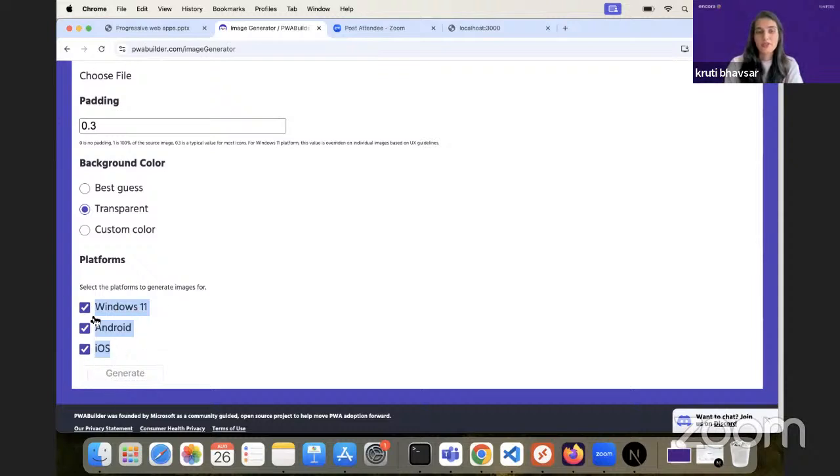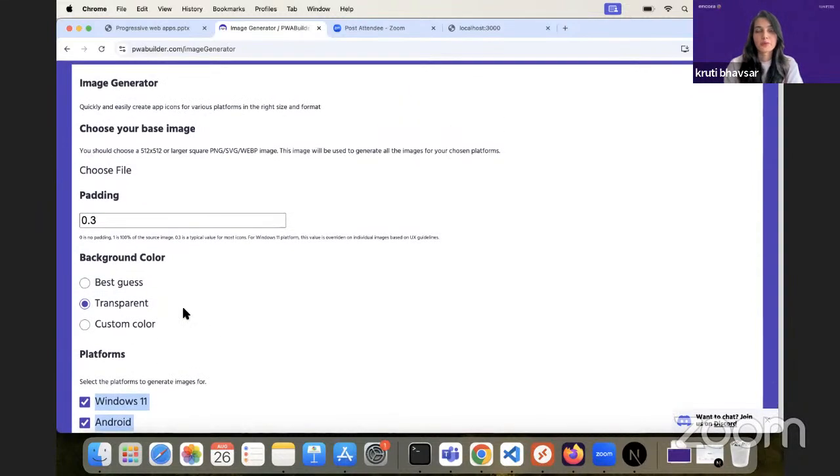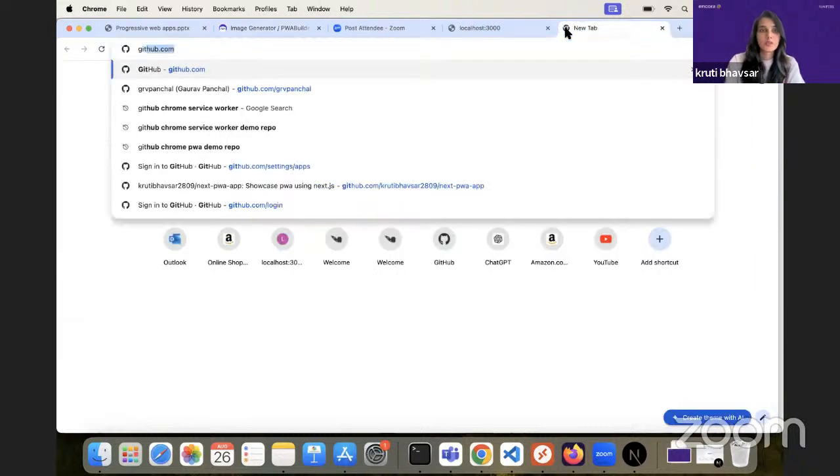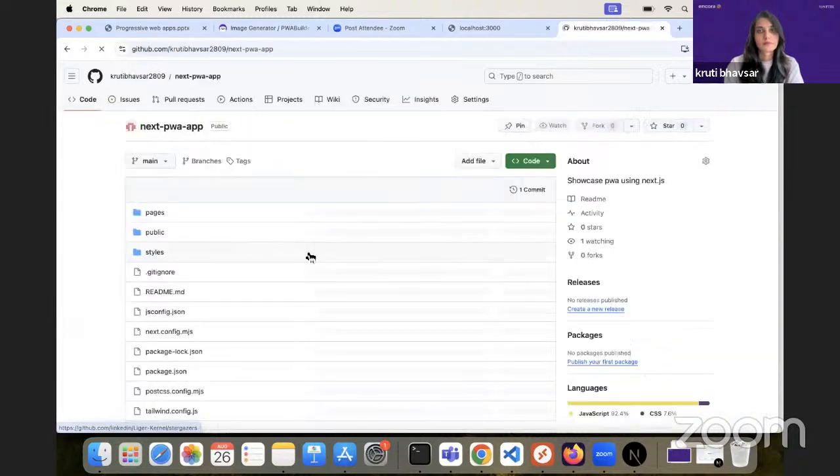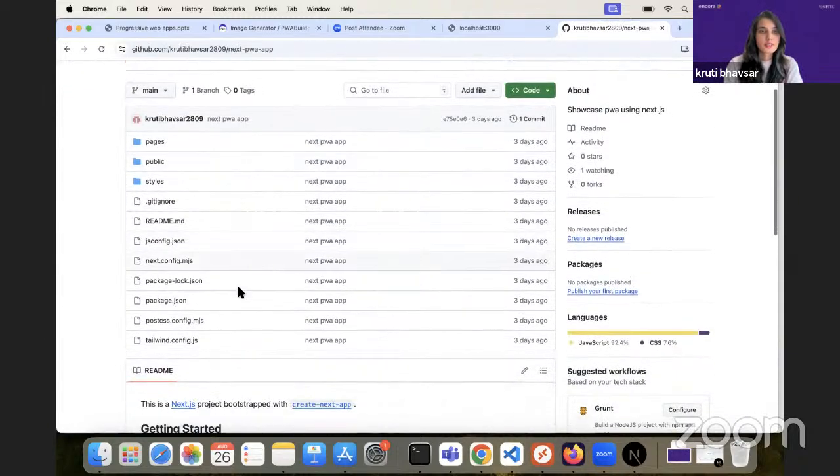So I have generated it for my Next PWA demo. I have generated from here, so you can get more of an idea once you refer to that GitHub repo. So let me show you that GitHub repo. Yeah. So inside this,